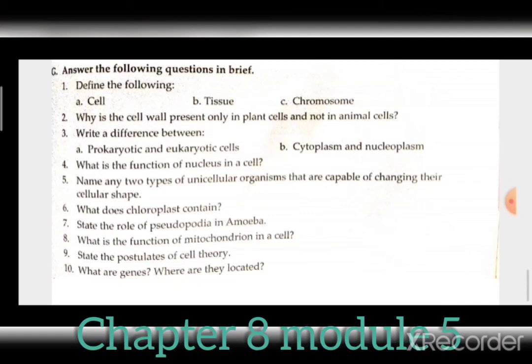Then next is, what are genes? So genes are the basic units, or you can say structural or functional unit of inheritance. They help in transmitting characters from parents to offspring. So this is the main function and the definition. Then we have to tell where they are located. So they are located in the nucleus, in the chromosomes. Chromosomes mainly consist of DNA, and DNA is made up of several genes, and gene contains the information which is transmitted from the parents to offspring. So here we have completed chapter number 8.